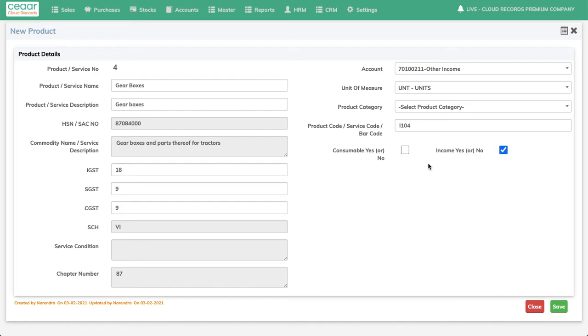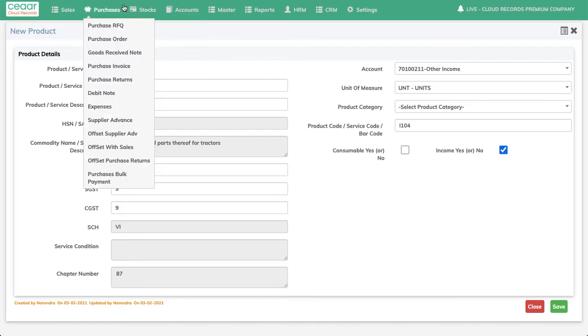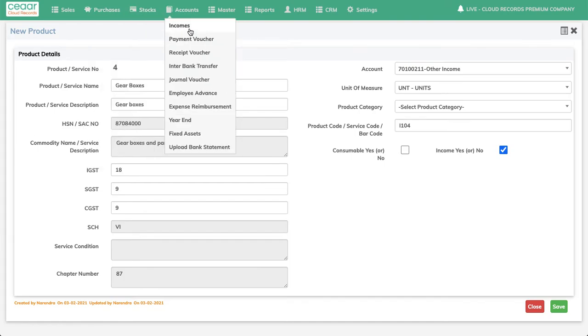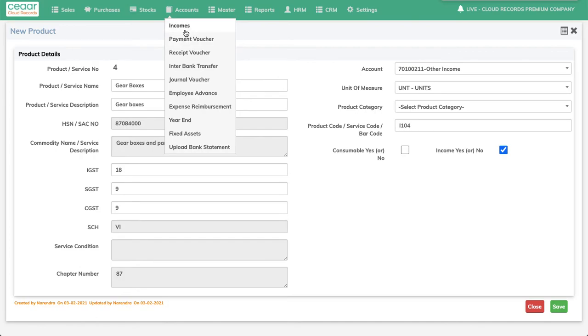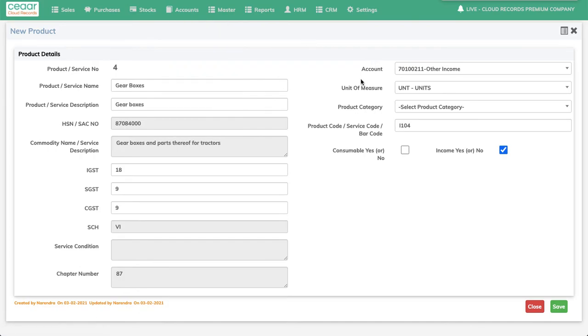As is explained in the help documentation under accounts and incomes, these products can be used in this incomes. So please read that. That documentation is available in cr.com under help.